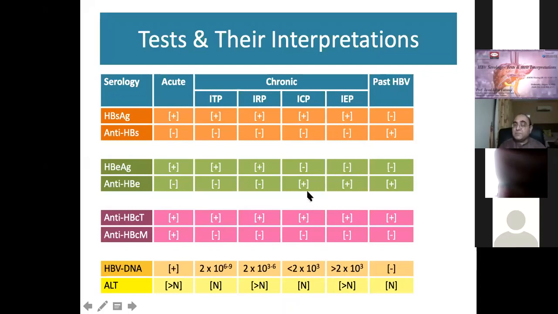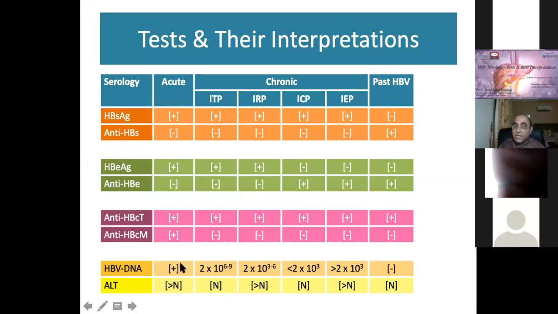A time comes that this virus escapes the immunological control, and what happens, the viral replication increases, the viral load increases, and then the immunity again becomes awakened, attacks those hepatocytes where the replication has started, and a second set of inflammation sets in, and the ALT is rising. So this is called HBe antigen negative hepatitis.